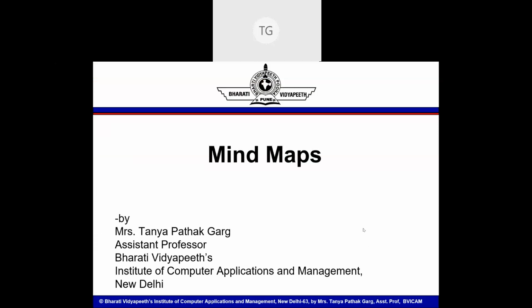Okay, so the next part for today's session is mind maps. Mind maps is basically an aided tool which helps in visually organizing information over blended teaching learning mechanisms. Mind maps is not an LMS. It is an additional tool which will help you disseminate or present information in a more visually organized format in an online teaching learning mechanism, right?